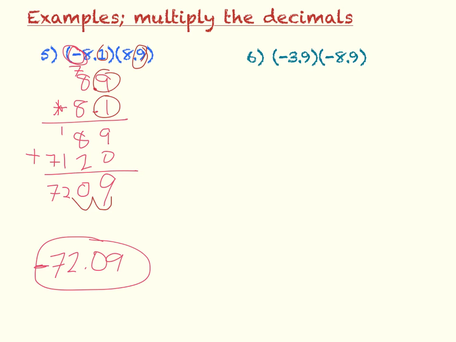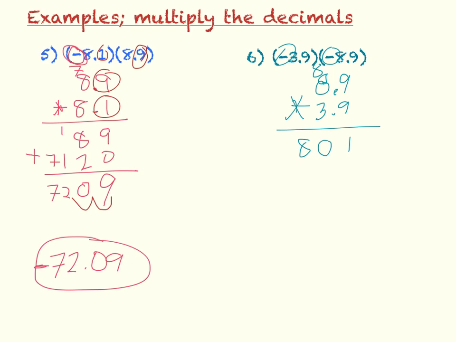And the next one, we have negative 3.9 times negative 8.9. So double negative is going to make the answer positive. 8.9 times 3.9, with a positive answer because there's two negative signs. So 9 times 9 is 81. 9 times 8 is 72. 72 plus 8